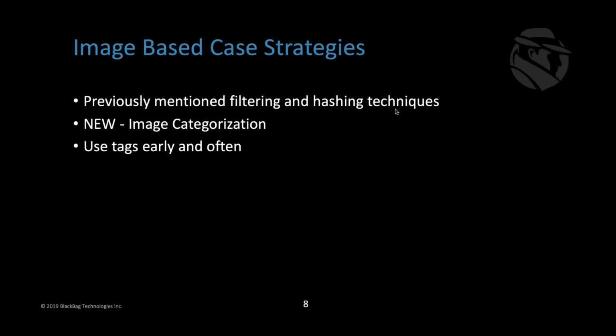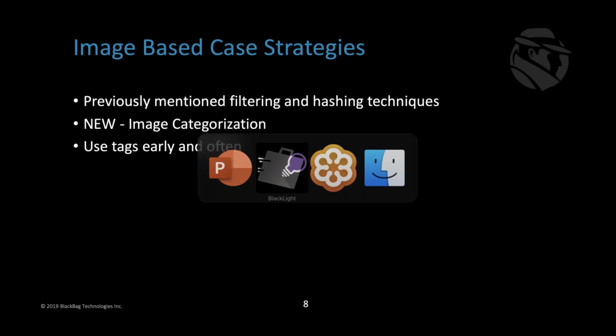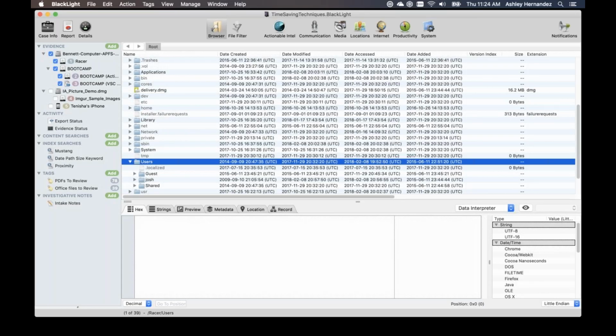We want to make sure that it's easy for us to find those pictures that are more likely to have that type of material. And we want to do that using a machine learning based technology. So it's looking for new things. It's actually analyzing the images across your case to see if there's any of this type of content. So I'm going to focus on this section on how we can do that type of investigation.